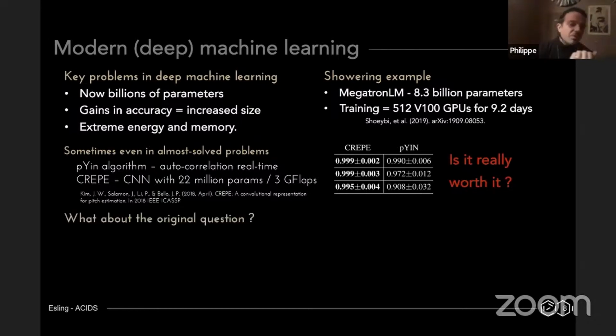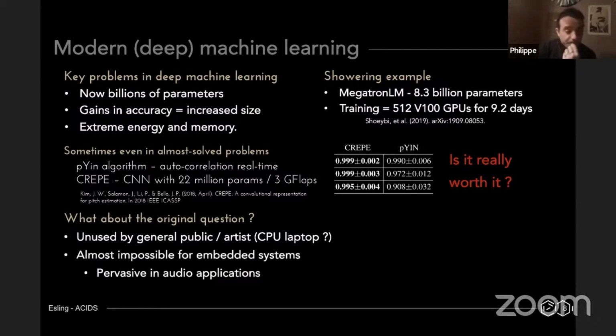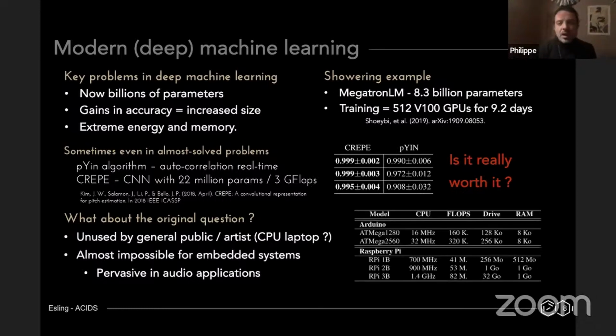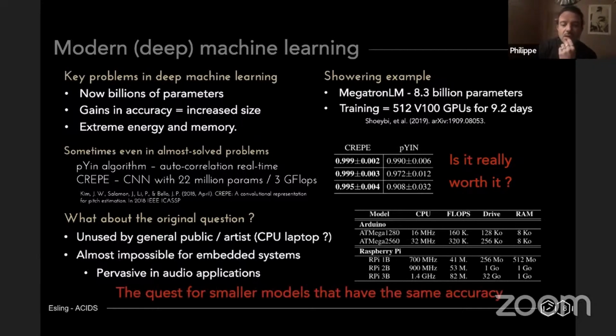And what about the original question, which means we can't really use models that are too demanding on Arduino, on Raspberry Pis. So it's almost impossible for what we're trying to achieve, which is neural audio plugins, which are basically something which is supposed to work all the time. Because if you go to a live show and your 200 GPUs just fall down, it's not going to sound very cool. And I'm thinking about the requirements of these types of platforms. So I think we can still try to set the goal to have the same accuracy, but how do we find those smaller models that still work?